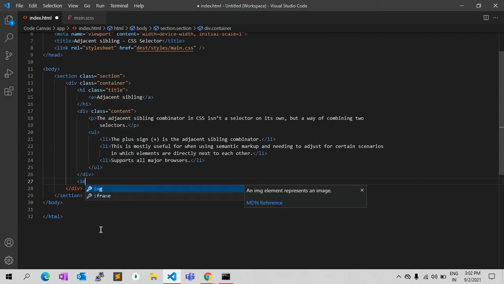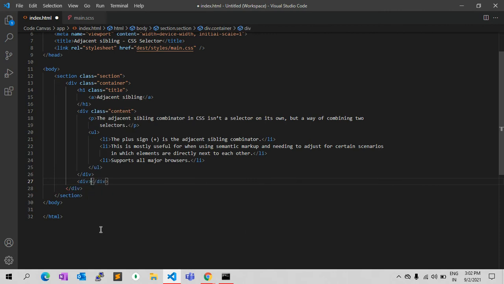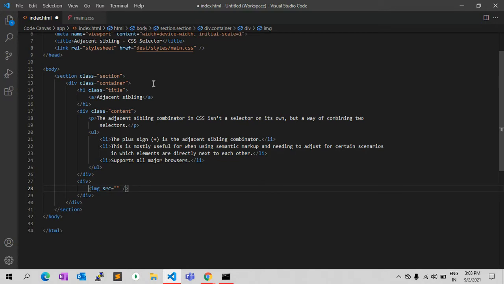For example, I have an image. Let me wrap it in a div. I have an image in the div, an image placeholder, for example, this one. It is a placeholder image. You can put it in your HTML.